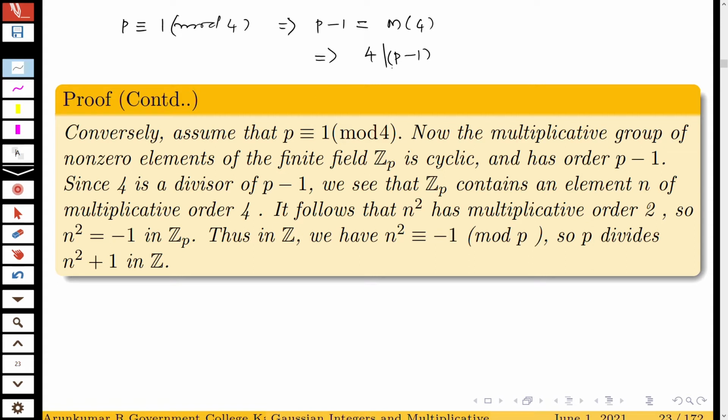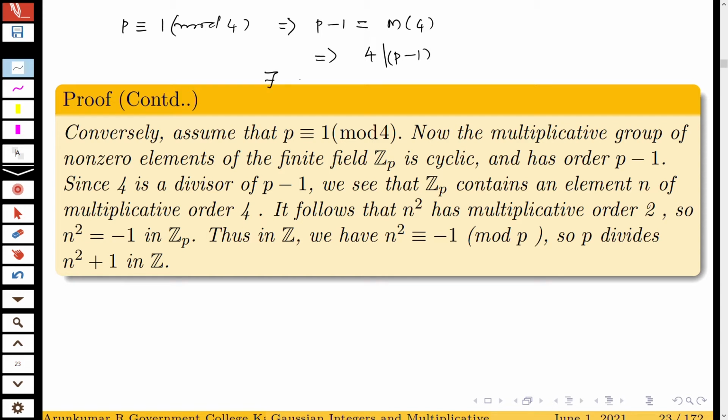Therefore, there exists an element of multiplicative order 4 in F_p. You know that the order of an element divides the order of the group. See here, the order of the group is p minus 1 and 4 divides p minus 1,